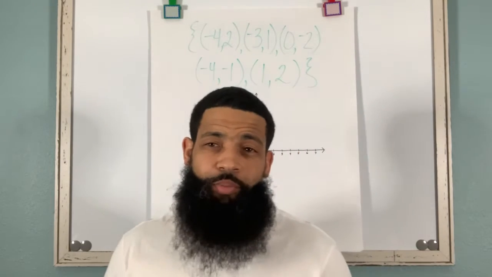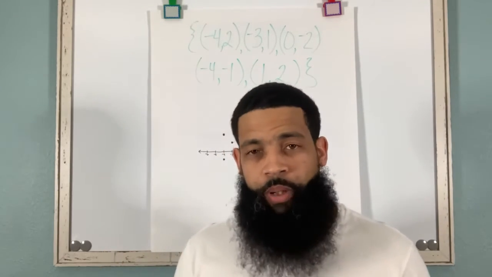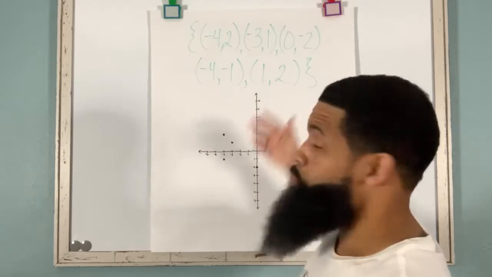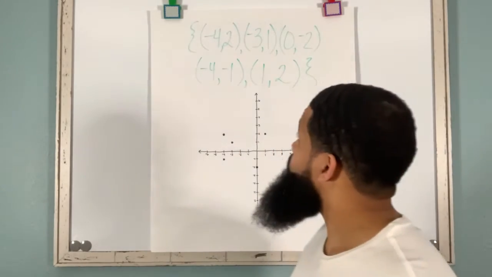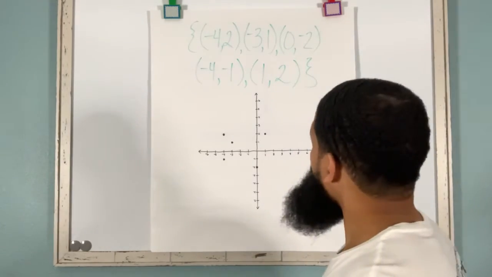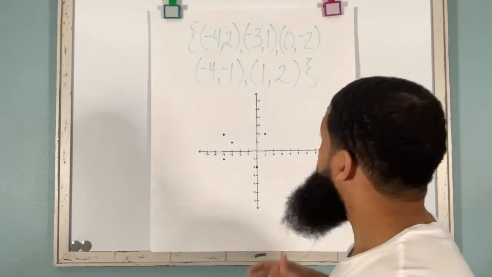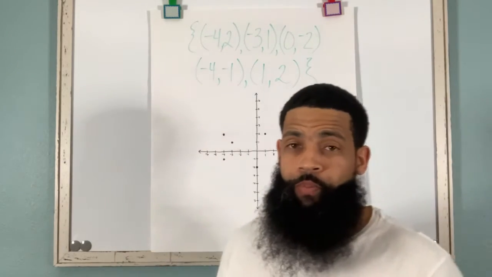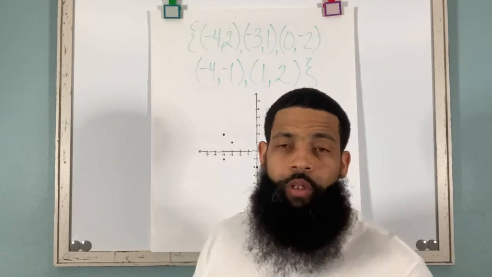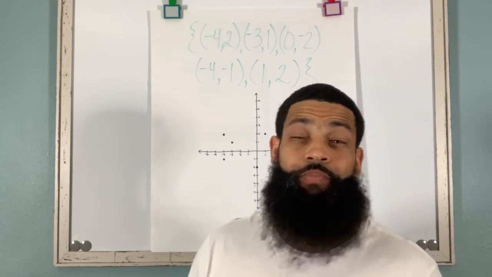In the first example, as you can see behind me, there is a list of ordered pairs. This is nothing but a relation. Okay, so we have the ordered pair -4, 2. We have -3, 1. We have 0, -2, -4, -1, and 1, 2. Now, what we want to do is determine, is this relation a function by using the vertical